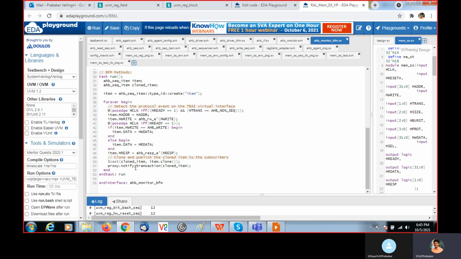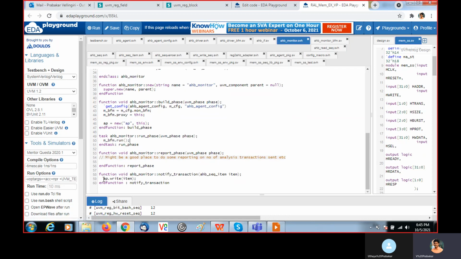And finally, the clone item, we will pass the sequence item or transaction to notify transaction, which is present inside the monitor. This one, using the write method, will pass to the TLM analysis port.